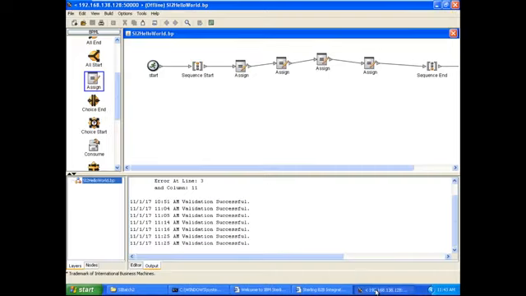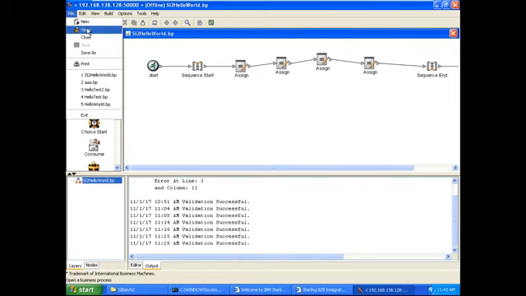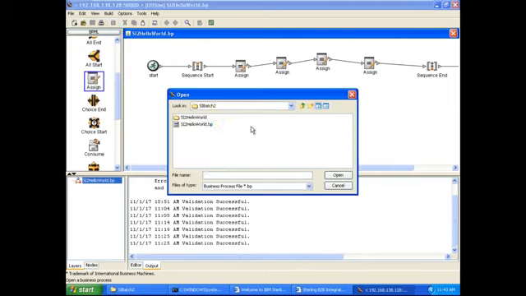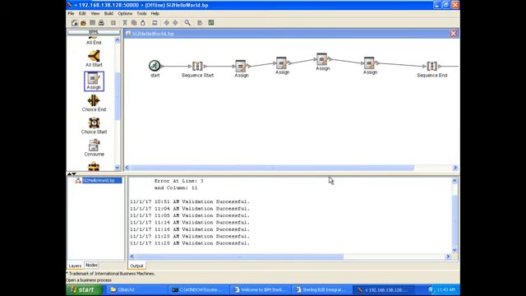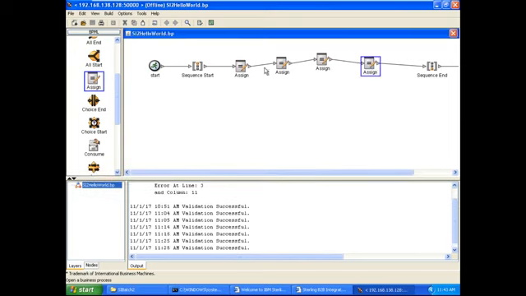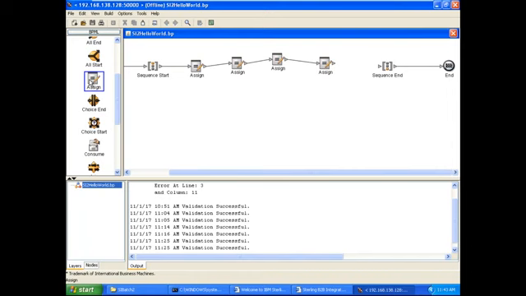Now let's use a variable that is available in the process data. If I click on the file, open, I will open my business process that I checked out from the dashboard. Here you can see I have 1, 2, 3, 4 assignment statements. Now in the fifth assignment statement,